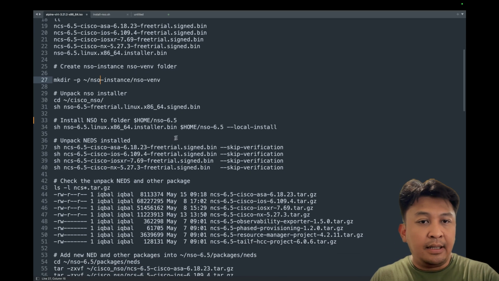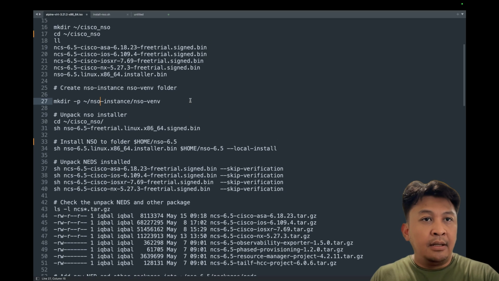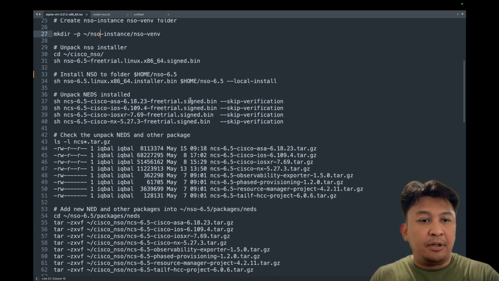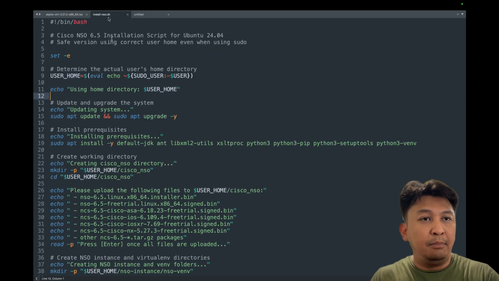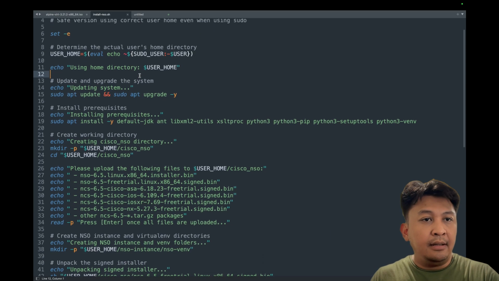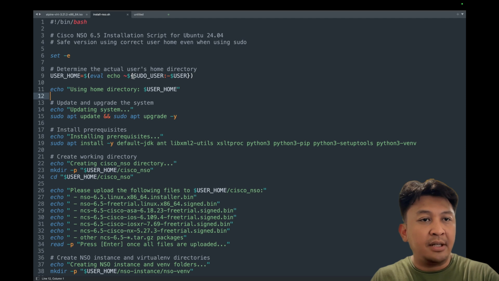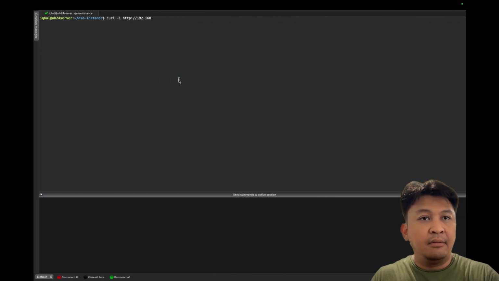And here I have the NSO-6.5 folder where I will install the NSO as a local install. To speed up this process, I have prepared a bash script for it. And if you are following the bash script from here and you don't want to update your system, you can just comment this section and jump straight into the installation of the NSO. Right, so next